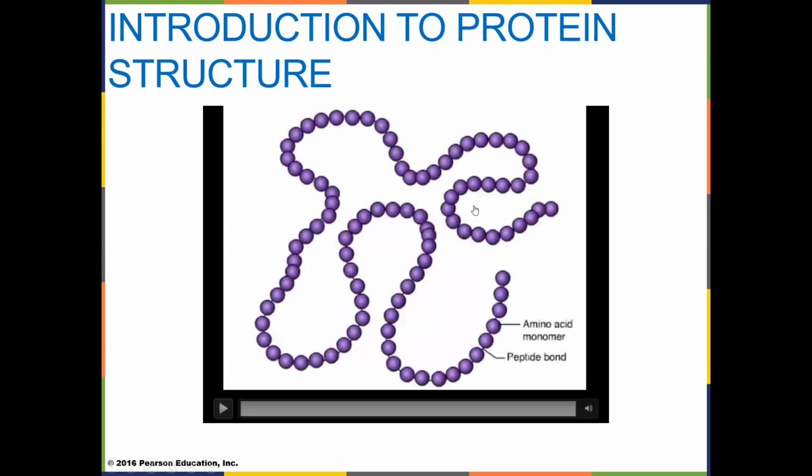But this is the primary structure here, and each one of these is an amino acid. Normally, as it comes out in a straight line, as it's being manufactured in the cell, we start seeing hydrogen bonding occurring from adjacent areas, and that's going to start twisting the protein around. So we'll see hydrogen bonding occurring here and here, maybe in here, maybe over here, because the protein has to have a specific shape to do its job. It has to have a very unique shape.